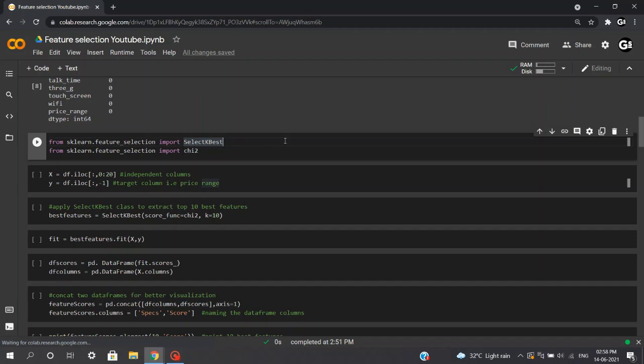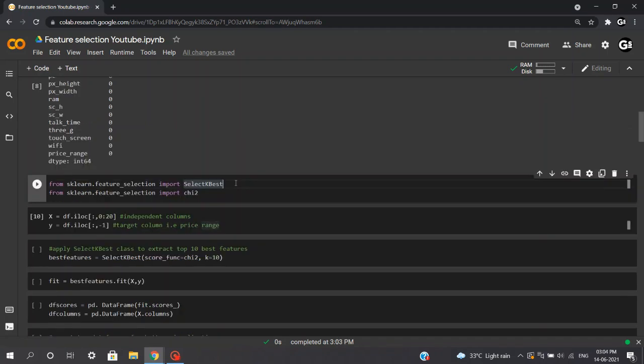That is, the top n features are then selected, and statistical tests can be used to select those features that have the strongest relation with the output variable, that is the target variable. Mutual information, ANOVA test, and chi-square are some of the most popular methods for univariate feature selection. Now to execute our filter method, we'll be importing SelectKBest and chi2 from sklearn.feature_selection.